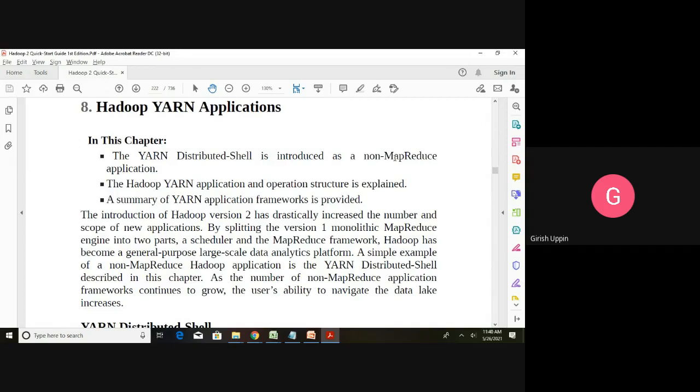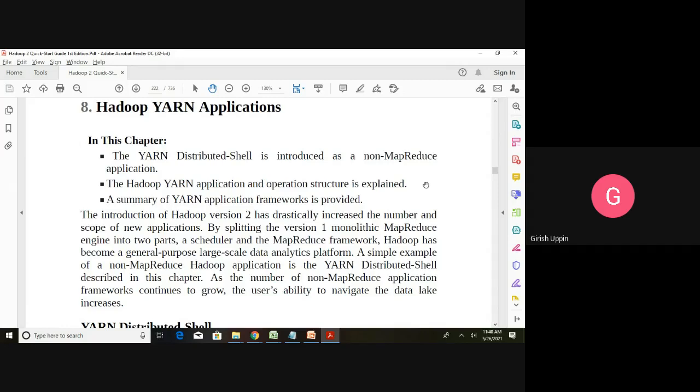We looked into that. In today's class, we will look into the Hadoop YARN application. YARN distributed shell is introduced as a non-MapReduce application.